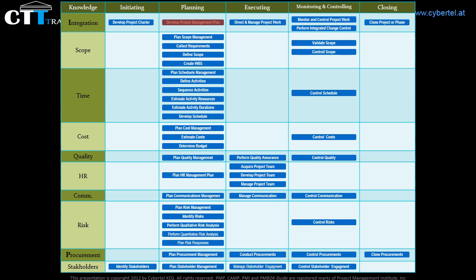But can you tell me what comes after developing the project management plan? Where do we need it as an input? Well, the project management plan is needed in most of the project processes. For instance, it will be an input to the following processes: direct and manage project work process, monitor and control project work process, perform integrated change control process, close project or phase process, plan scope management process, control scope process,